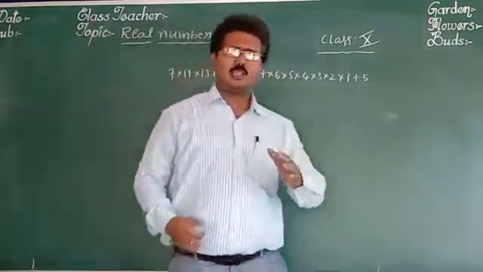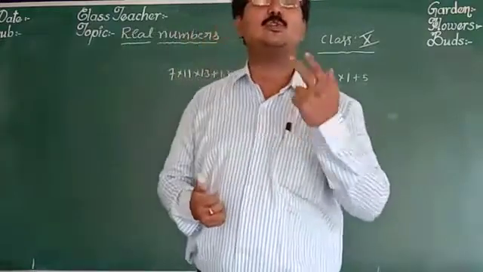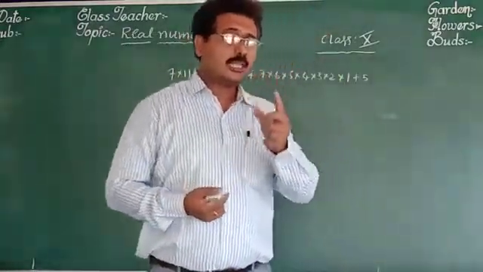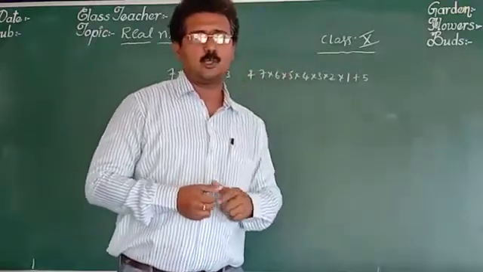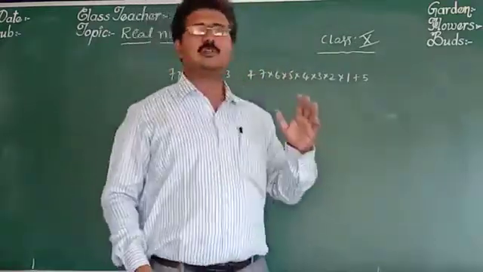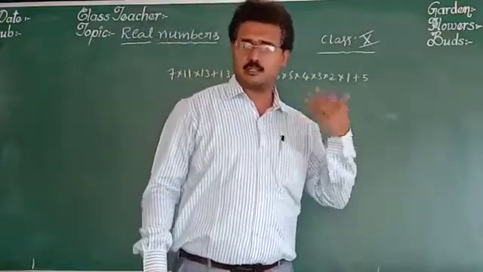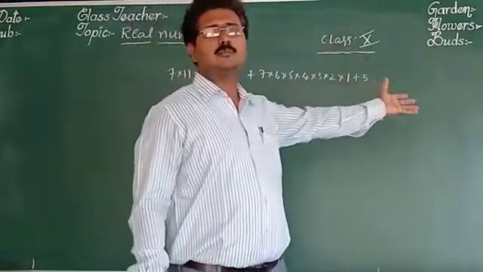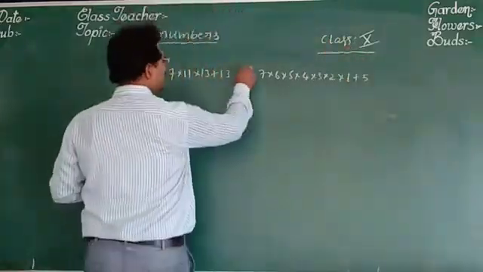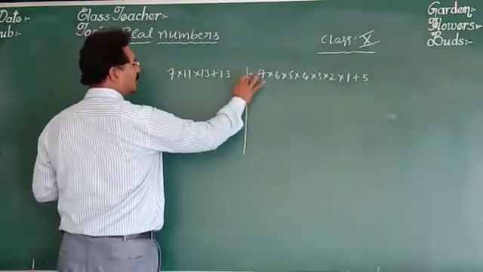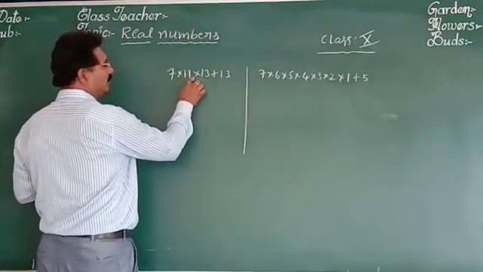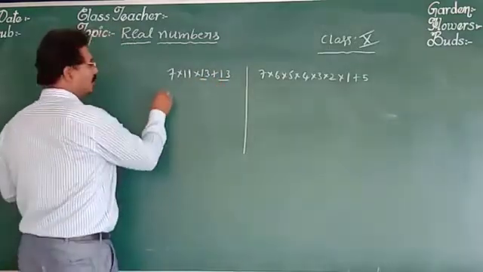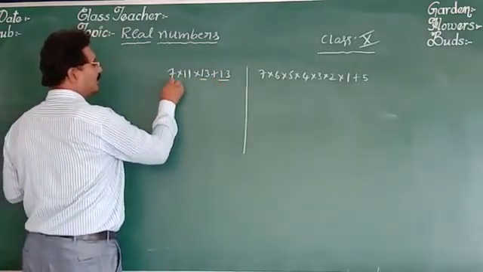In one way, if you can write the total with at least 2 factors, we can say that it is a composite number. But there is a logic here. Don't write directly. It can be written as a product of primes, it can be written as 2 factors, so that's why it is a composite number. Suppose see these 2 problems. Here 7 into 11 into 13 plus 13. So 13 is a common factor. If you take that 13 common, what are the remaining factors?